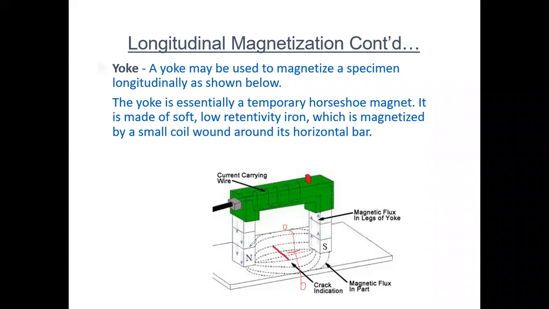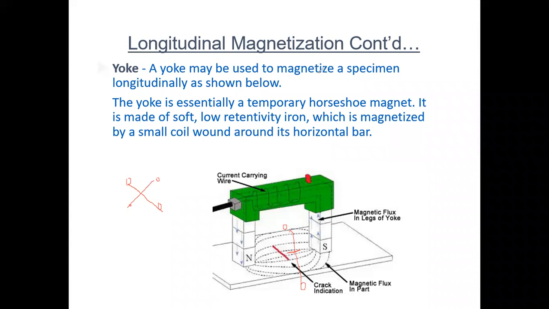So for the yoke as well, we have to do two-direction inspection, which means we have to give two shots: one in this direction, and the second opposite, 45 or 90 degrees to the first one, like this. If you apply in this direction and in this direction, then only we can detect any discontinuities in that material. Otherwise we can't find all discontinuities. So we have to remember these things while magnetizing with the help of a yoke.